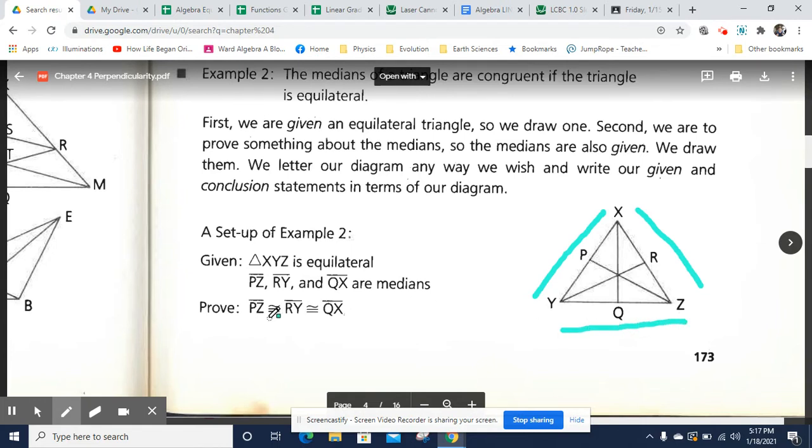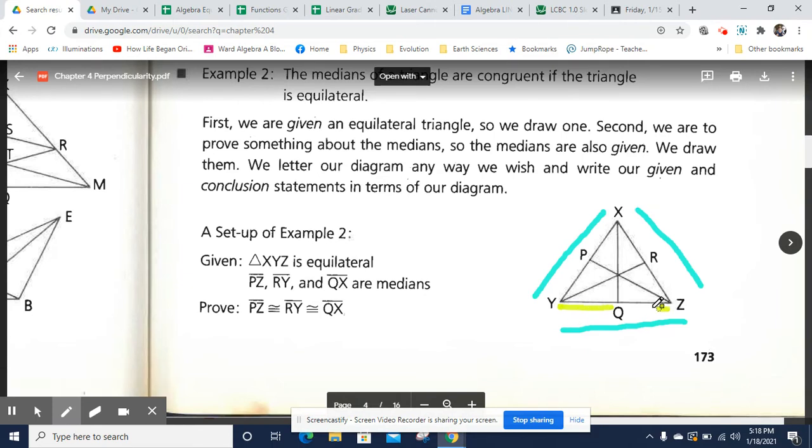We're trying to prove that PZ, RY, and QX are congruent. So to do that, it would be useful to be able to prove some sets of triangles are congruent. So if these three sides are congruent and these are medians, then we can also prove that